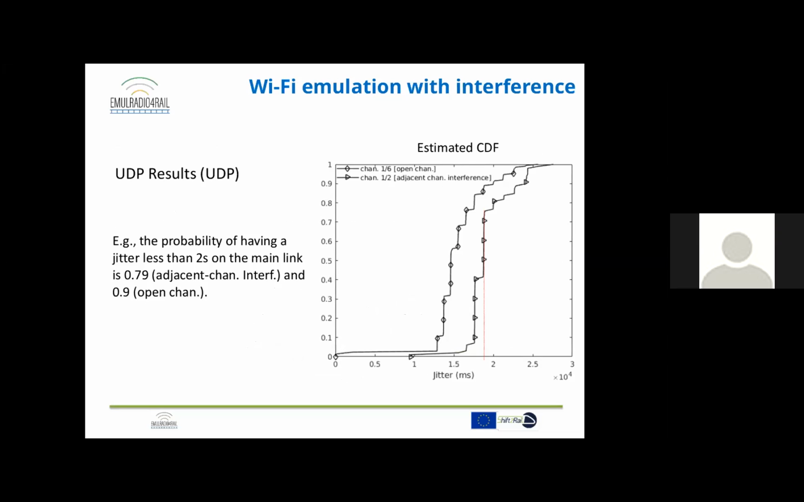The same thing for the UDP result, but we considered the CDF. And here we have a plot for the jitter time. So here we can see the effect of the interference on the open channel case, 1 to 6, and the adjacent channel interference, which is 1 to